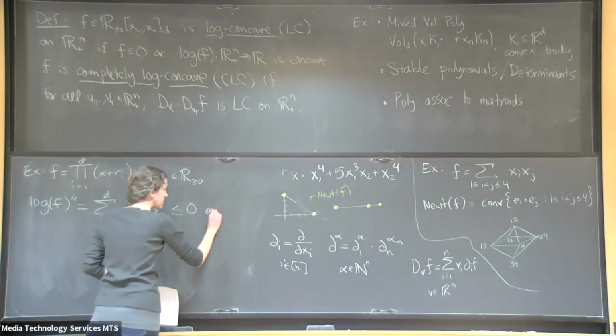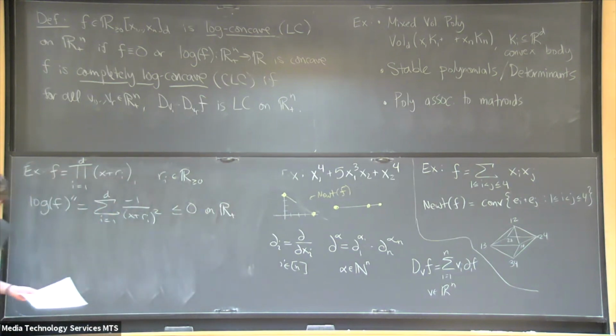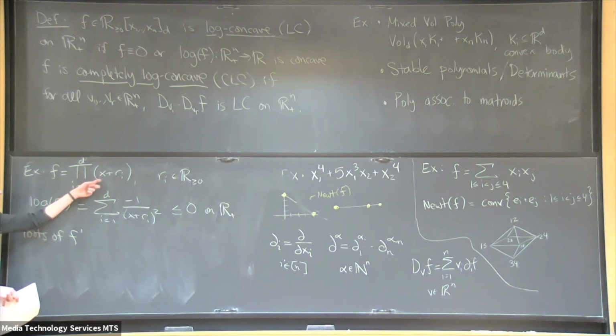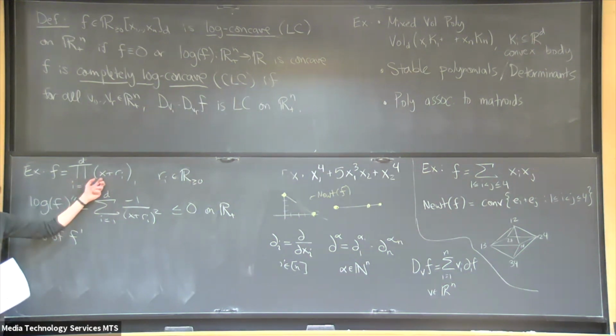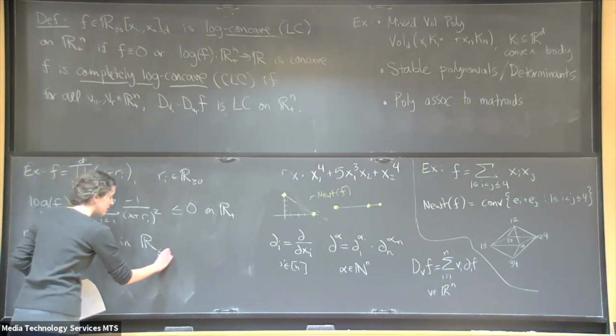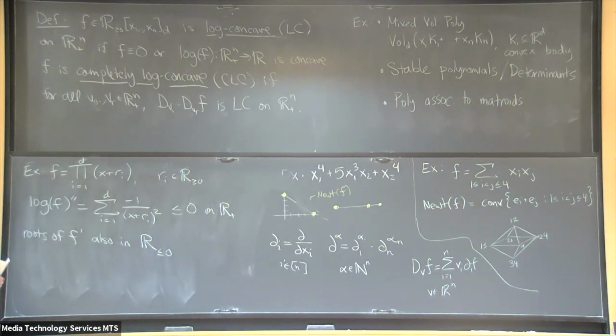And it's less than or equal to 0 on the positive real. So this is at least log concave. And then what happens is if I take a derivative, the roots of f prime have to also be all real, because between any two of these roots, I need a root of the derivative. So the roots of f prime are also real and non-positive. And so f prime, I can write in this form for a different set of real numbers,